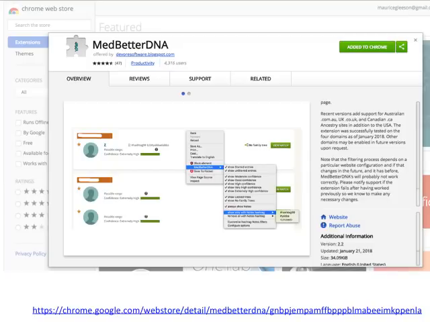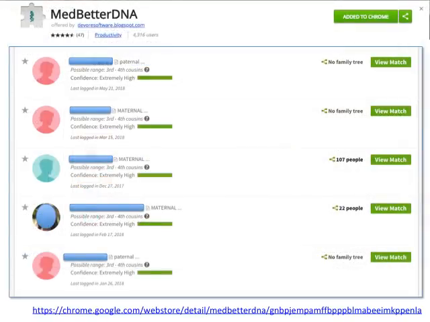Now, in the meantime, you can use this tool. This is MedBetter DNA. This only works on Google Chrome. So you need to go to Google Chrome, do a search for MedBetter DNA, and what this actually allows you to do is launch your notes section. That's the most important part of it, that it allows you to make these notes